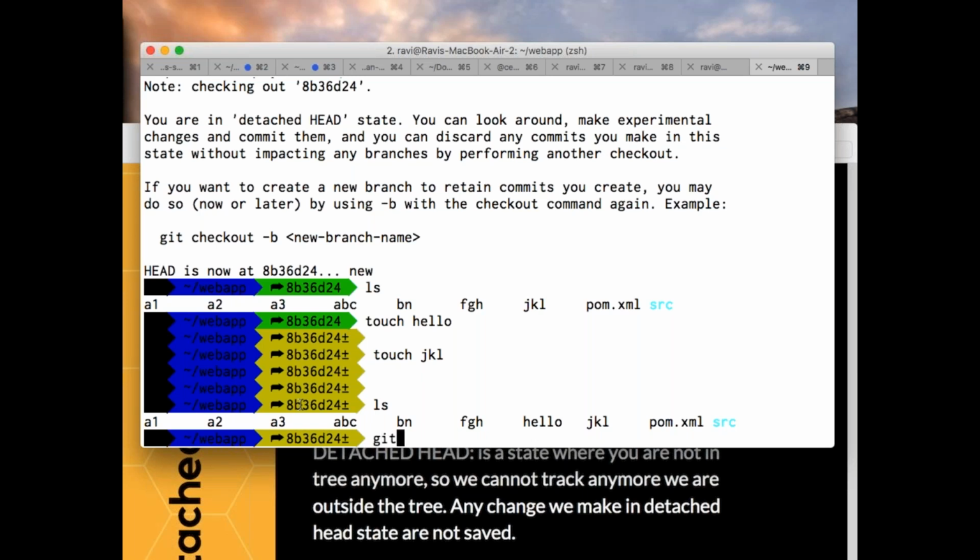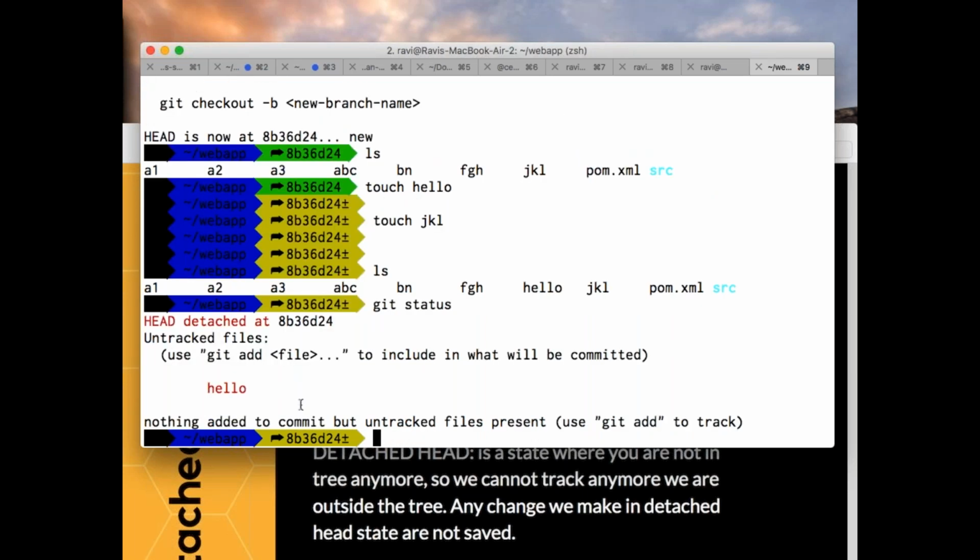Now you see what it says: you are in this detached HEAD area. If you want them again, you need to go and do the commits again. Making sense? So basically, why I'm checking out a particular commit is that whenever I'm not sure whether the functionality I'm developing might work or not, I'll write those files, and if it goes correctly you can do one kind of operation, and if it goes wrong you can do another kind of operation. I'll tell you both things.